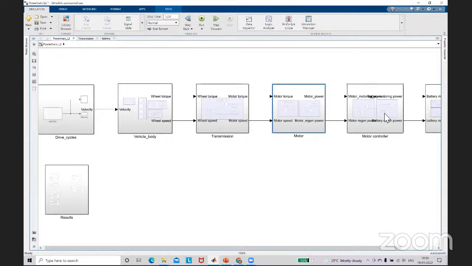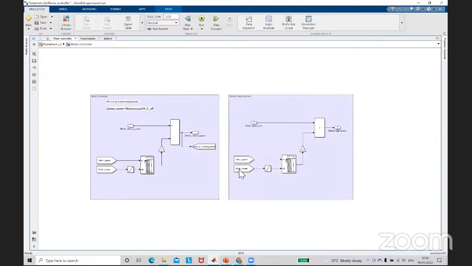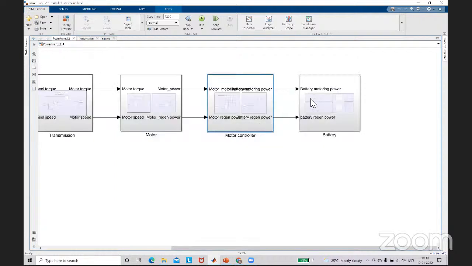From the motor, you are going to divide again by the motor controller efficiencies. At the end, you will get the motor power and the motor